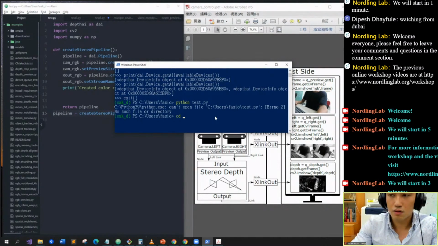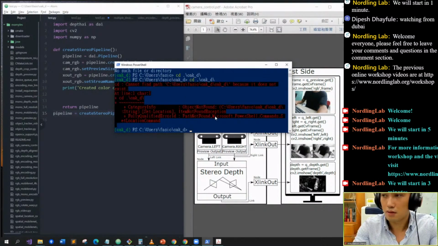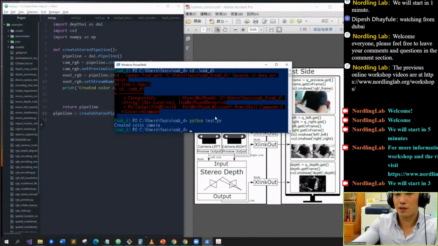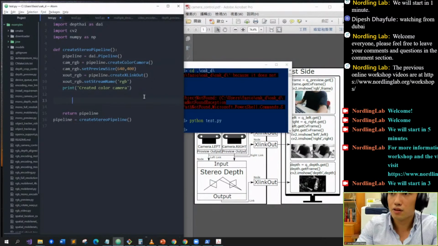Oh, because I need to go to the OGD directory. Okay. It printed out what I told it to print. So it means that all the code here is no problem. I called the functions correctly. So the next thing to do is to